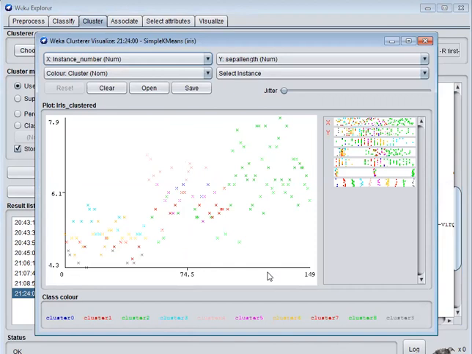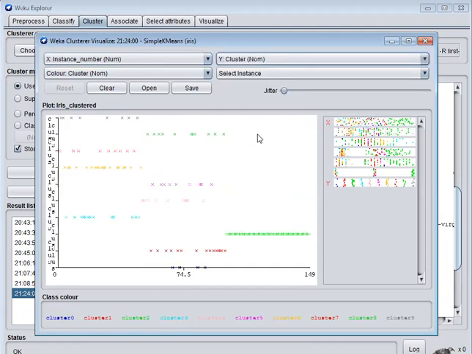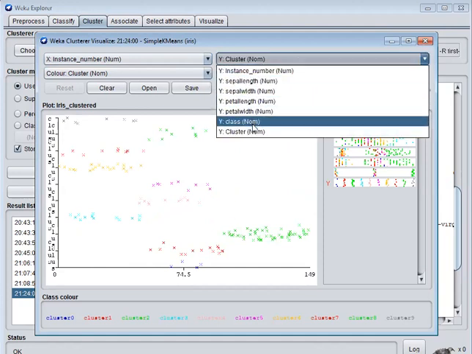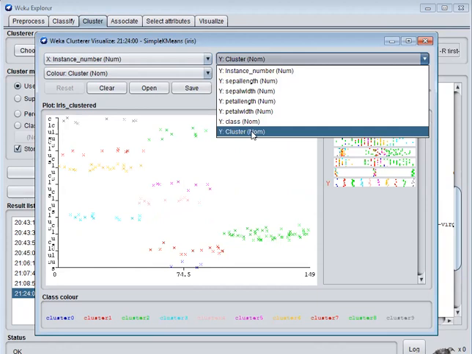The 150 instances stored in the dataset are shown on the x-axis, and the y-axis shows the cluster formation.